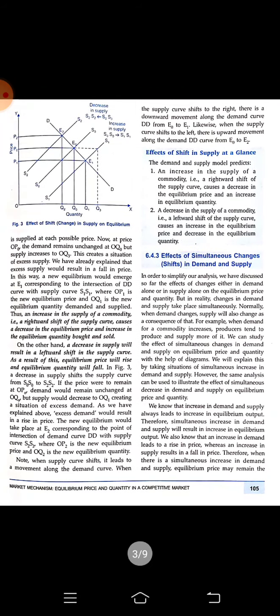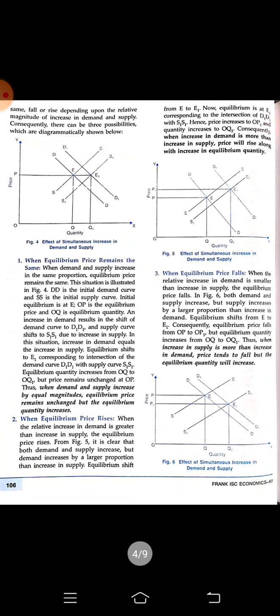Okay, so what will happen if you find the effects of simultaneous change, or a change of both demand and supply at the same time? We all know that if there is excess demand, then there is a rise in price, and if there is excess supply, there is a fall in price, right? So let us consider one case after the other. Let us first assume that the equilibrium price remains the same